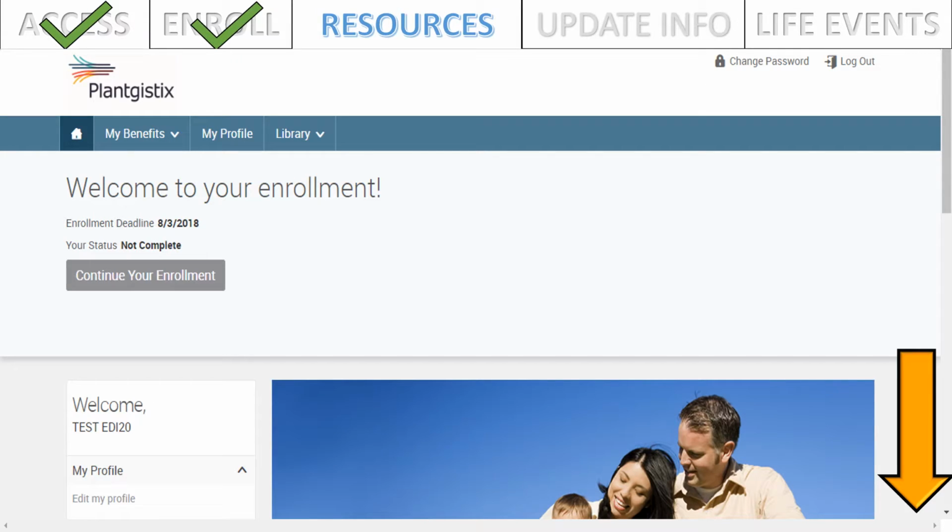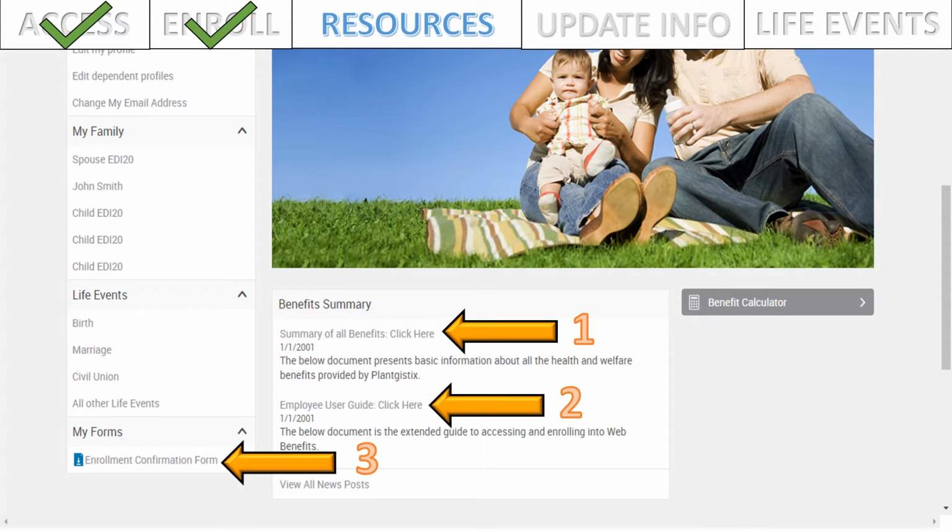Here we are. Let's scroll down. Under the section Benefit Summary, we have some resources listed to help you with your open enrollment. Next to one is the summary of all benefits. This user-friendly handout provides general information of all the benefits Plantgistix offers. Two is the Employee User Guide. This is another handout you can print out to help you navigate through the enrollment of Web Benefits. And three,